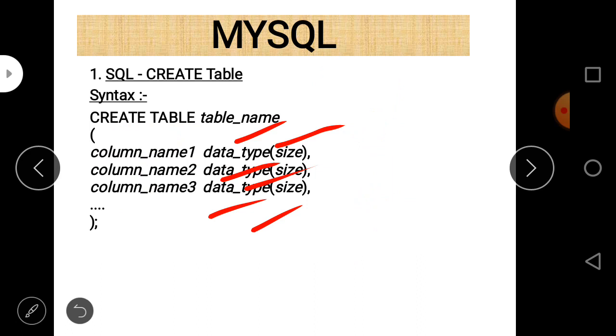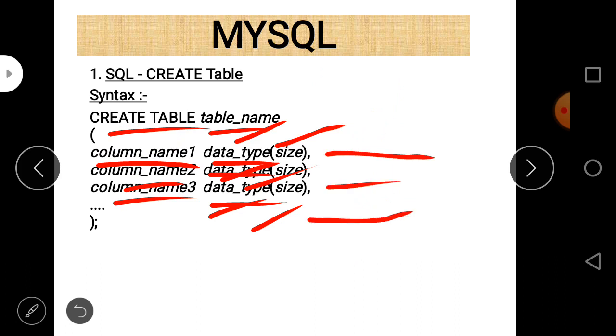So this is the syntax of the create table command. Create table, table name, then in parenthesis column name, data type, size, column name, data type, size, column name, data type, size. And there is one more field, and that is constraints. If there is a constraint or condition, then you can write it here, such as if you want to make a particular column a primary key or set it as not null, then you can also declare it here. Constraints will be discussed in our next lecture. So here our focus is how to create a table in MySQL.